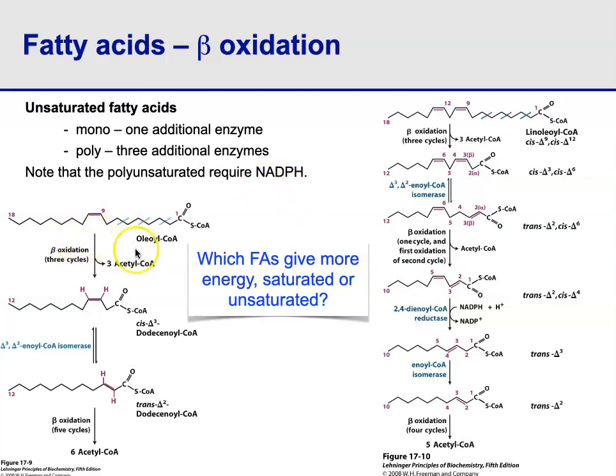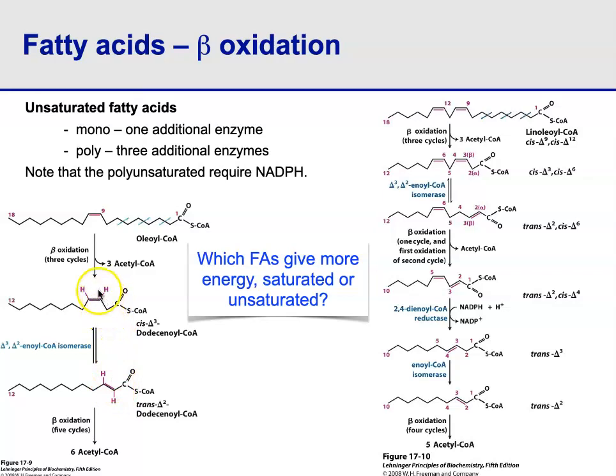Okay, so this is the degradation of oleic acid, or oleoyl-CoA, basically activated oleic acid. Everything will go well, just like normal beta oxidation, for 3 cycles until we get to this point. And when we reach this point, this compound does not fit in the active site. Normally, beta oxidation would lead to this bond, the trans delta 2 enoyl-CoA, but instead we have